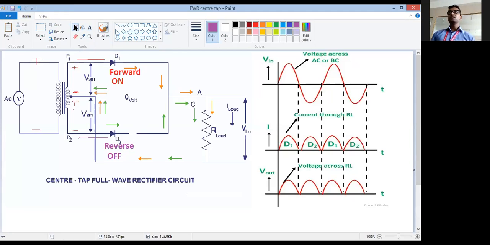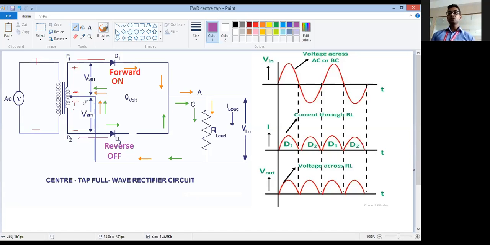Now current will originate from this point because this is the positive terminal. D1 is forward, so it is on. So current will follow this orange path. See this orange path. Getting it? So current will go from the upper side of the load towards the lower side of the load, and then it will go to the negative terminal. It is originating from the positive terminal of the battery, then D1, then load, and then to the negative terminal of the battery. Correct? So the direction of current through the load is from top to bottom.